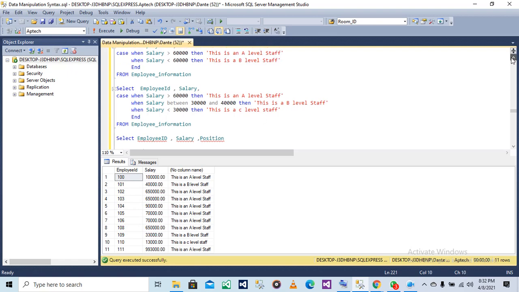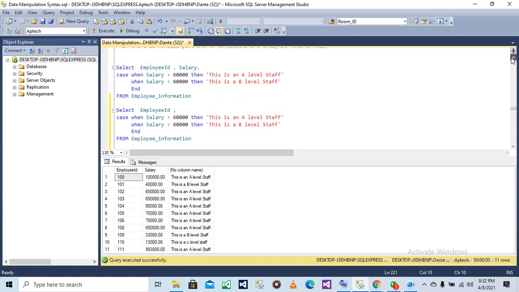So I want to change the position information. Let me select.